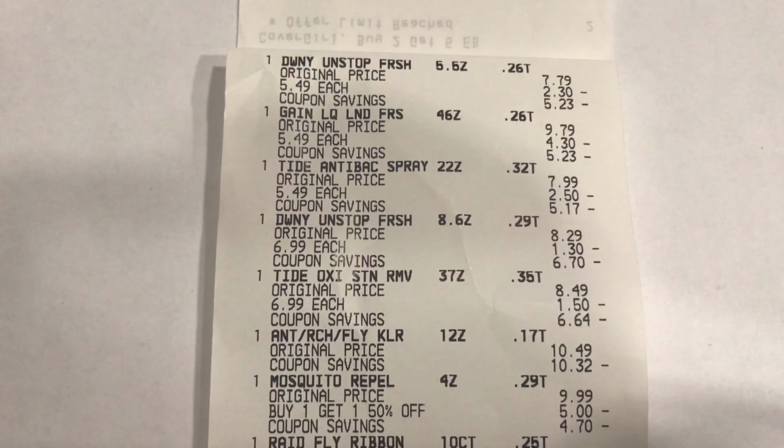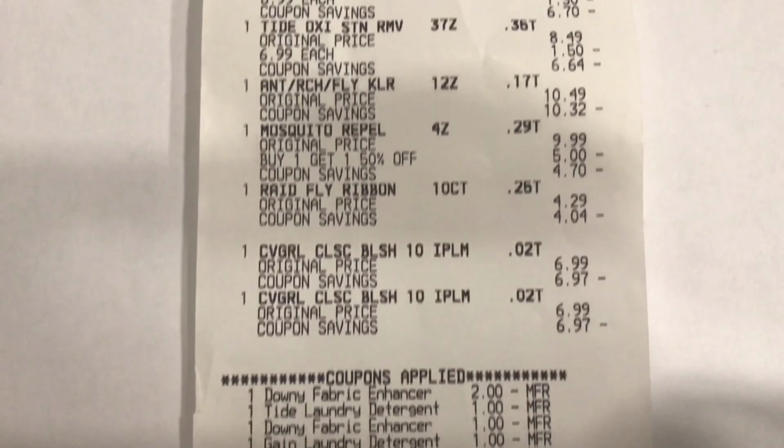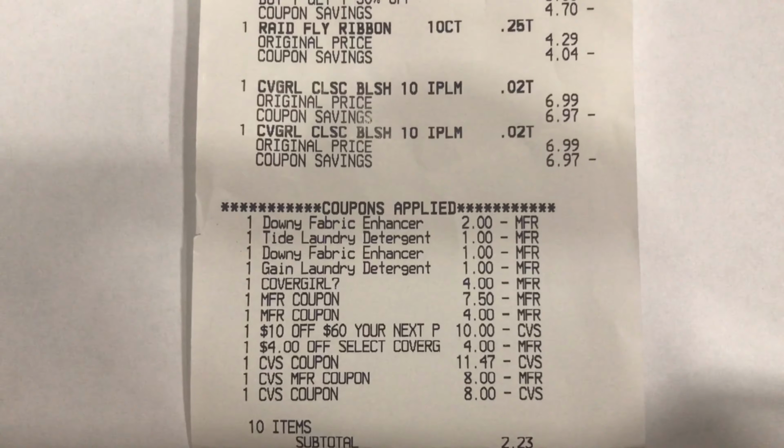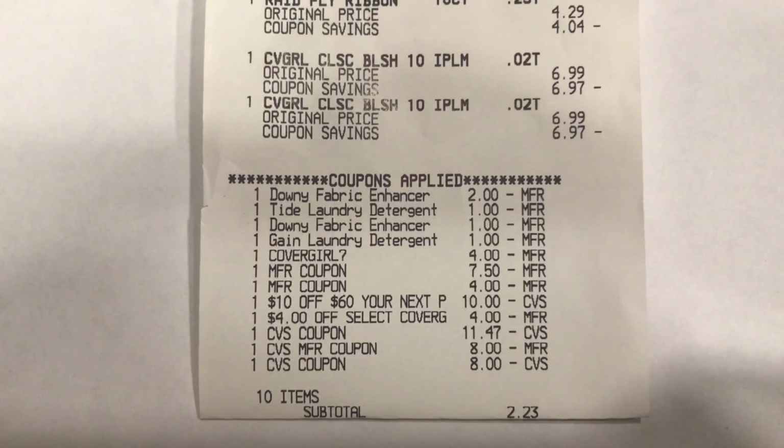I checked out and I'm back with my receipt, and these are all the items I showed you guys earlier that I picked up. And all my coupons worked out very well. Everything I showed you applied, except for the Tide spray. It didn't come off, but that's okay. I ended up using